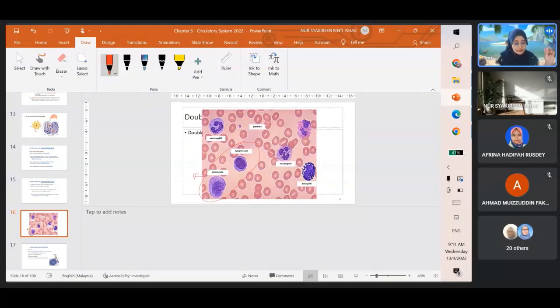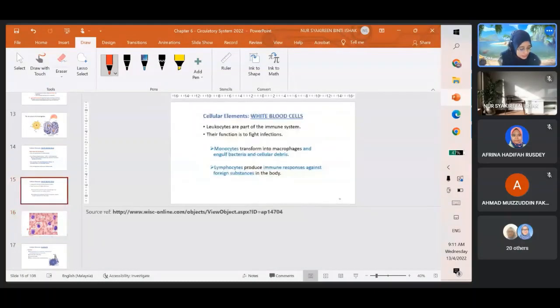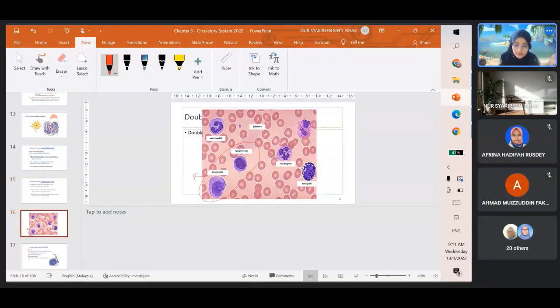Okay, engulf the pathogen that it come across. So okay, sel yang ada granules ni macam contohnya basophil, you can see clearly the presence of the granules. Okay, so neutrophil also, if I'm not mistaken, it also contains granules. So that's the eosinophil. Okay, so nanti bila kita belajar masa chapter immune,